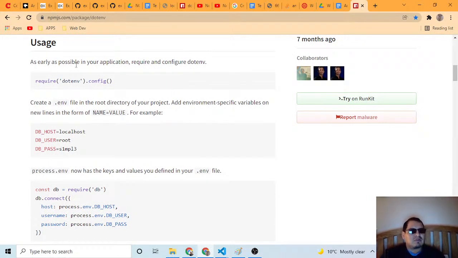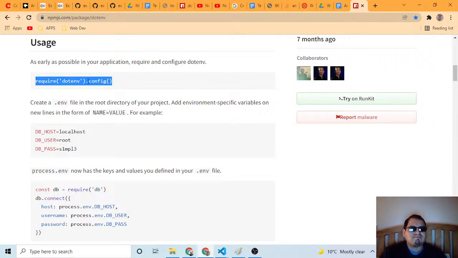As early as possible in your application, require and configure .env. Okay, so require and configure. So they are giving us this. Yes, okay, fine.